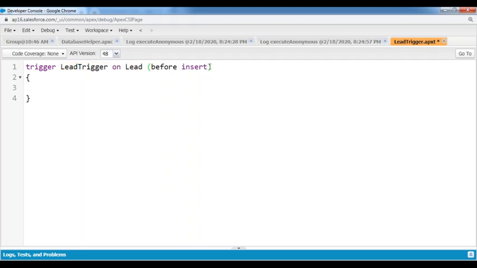I would like to fire the trigger on before insert and before update. Okay, now let's see how we can write this piece of code. First of all, we have to verify the trigger context. Okay, trigger context. If Trigger.isBefore